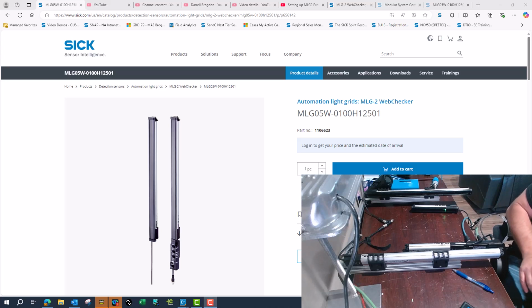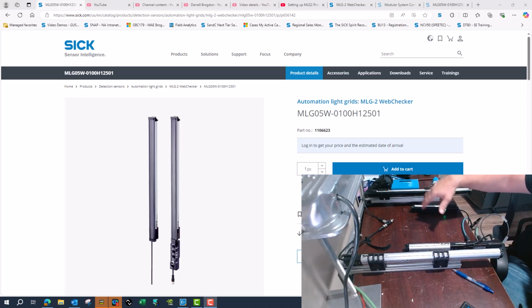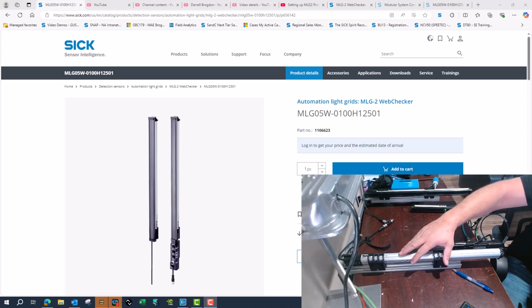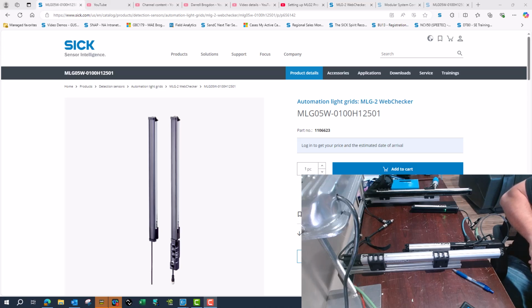So this is a video to show how you could get hole detection with MLG Webcheckers. The set I have here is the Ethernet IP setup. I've got IO-Link as well. I don't have these connected right now, but the data would look very similar. So the part number I have is